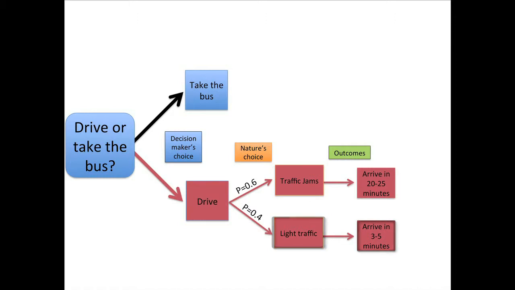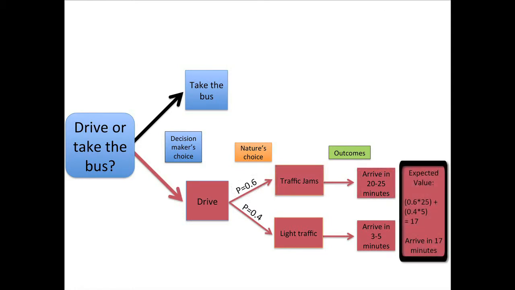For example, to calculate the expected value of the commute time for the decision to drive, we multiply the time it takes to arrive in light traffic, 5 minutes, by the probability of light traffic, 0.4, and add that to the time it takes to arrive in traffic jams, 25 minutes, multiplied by the probability of traffic jams, 0.6. When we add the two together, we obtain 17, meaning that the expected value of the time to drive to